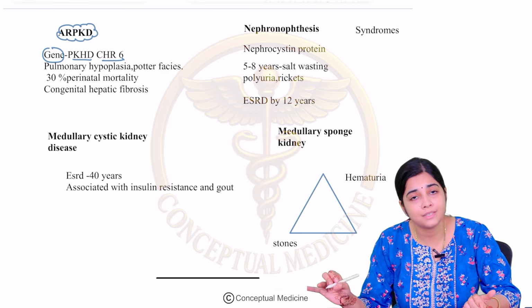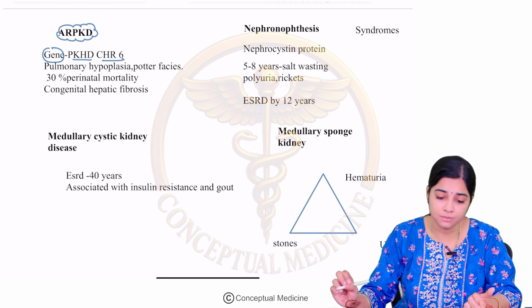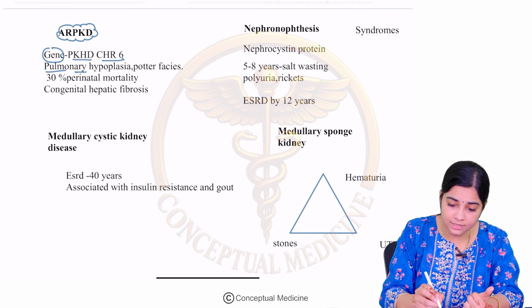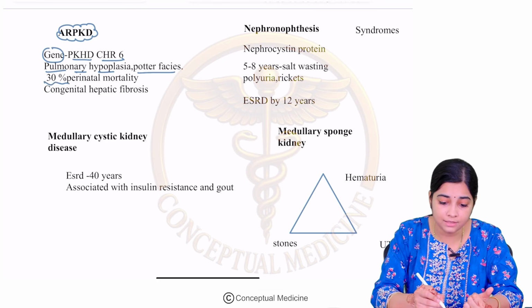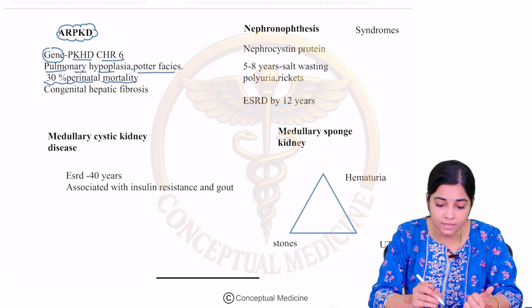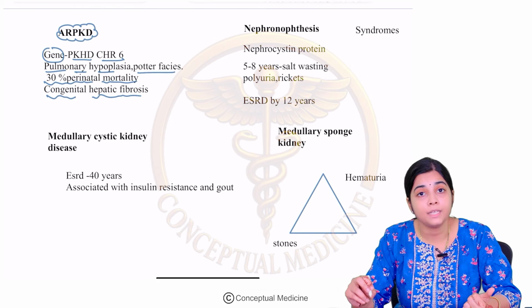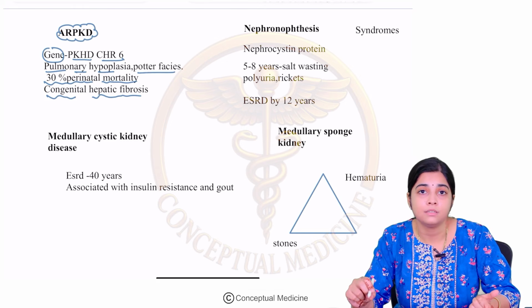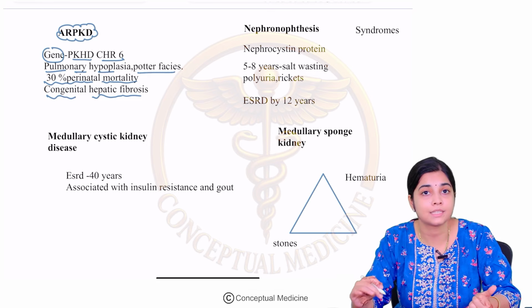So autosomal recessive polycystic kidney disease generally has a more severe course and it presents much earlier. So it can be associated with pulmonary hypoplasia and Potter's facies. So it has a 30% perinatal mortality. And it can be associated with congenital hepatic fibrosis as well. So ARPKD presents much earlier in the neonatal period itself. It's associated with Caroli's syndrome, which is your congenital hepatic fibrosis, pulmonary hypoplasia, Potter's facies, and it has a 30%